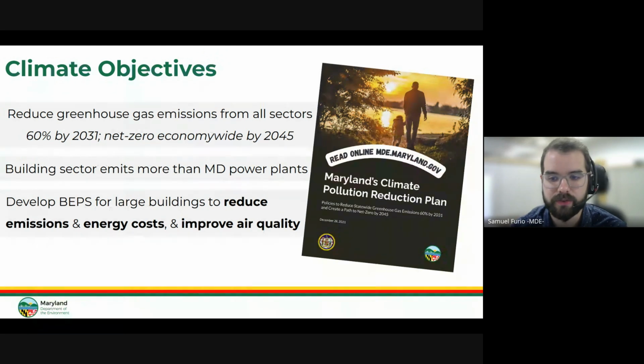BEPS is here to reduce emissions from large buildings, reduce energy costs for Marylanders, and improve indoor and outdoor air quality for Marylanders. If you're just tuning in for the first time, these are the state's climate goals. And if you want to read more about our efforts in all sectors, in addition to the building sector, you can read the Climate Pollution Reduction Plan online today.